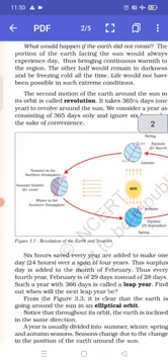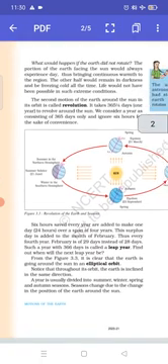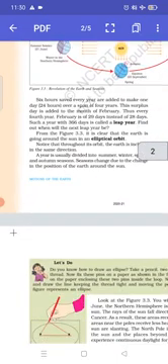You will be drawing this diagram of revolution of Earth and seasons in your notebook. Find figure 3.3. It is clear that the Earth is going around the Sun in an elliptical orbit. Notice that throughout its orbit, the Earth is inclined in the same direction. It is a little bit tilted. A year is usually divided into summer, winter, spring, and autumn seasons. Seasons change due to change in the position of the Earth around the Sun. So why do seasons change? Because of the revolution, the seasons change.